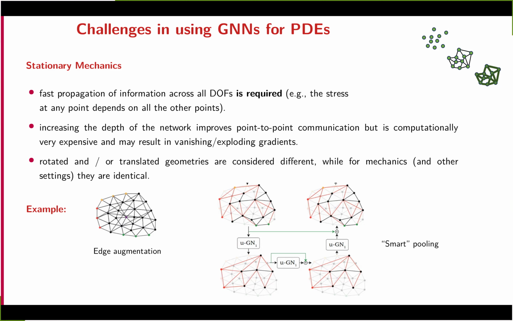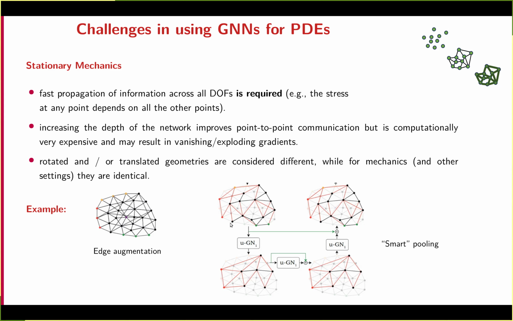Some of them actually turned out not to be the most efficient in very large scale settings, and I'm going to talk about it. One approach that is very efficient in terms of accuracy is to add virtual edges within the graph, so edges that don't come from, for example, sides of a triangulation, but are just virtual edges. Clearly, the drawback here is that we're adding degrees of freedom, and so we're increasing the computational cost.